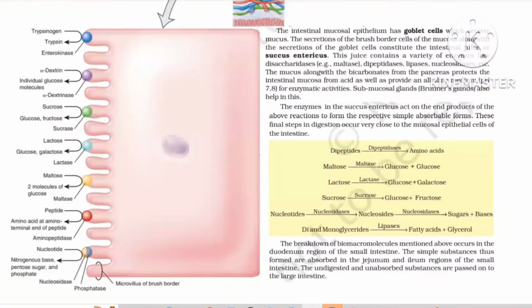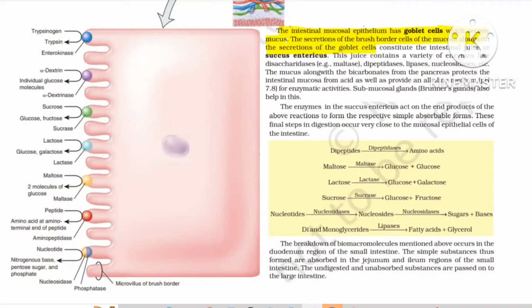Now see, beta, intestinal mucosa epithelium has goblet cells. So remember, the innermost layer of the alimentary canal is mucosa, which has epithelium. It has goblet cells, which will secrete mucus. The secretion of the brush-bordered cells of the mucosa, along with the secretion of the goblet cells,